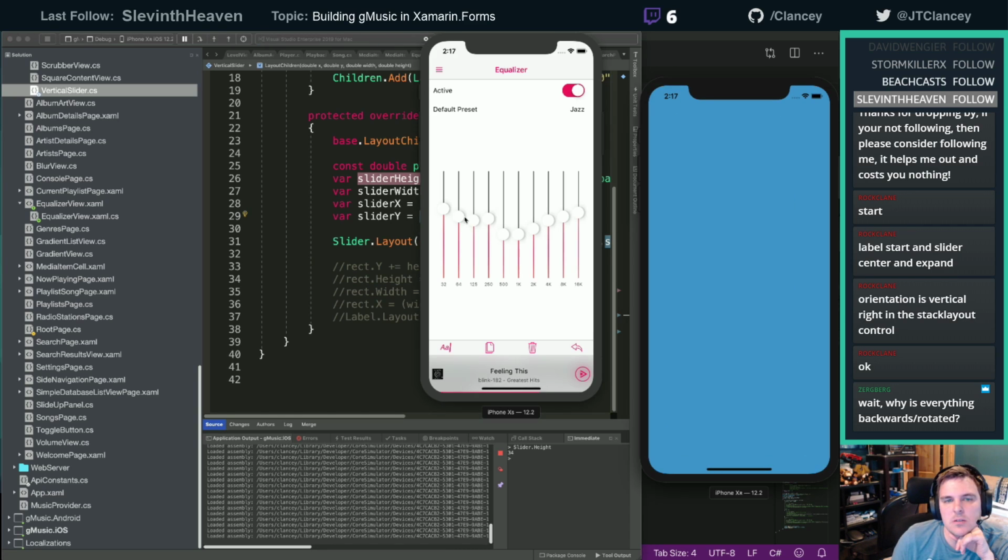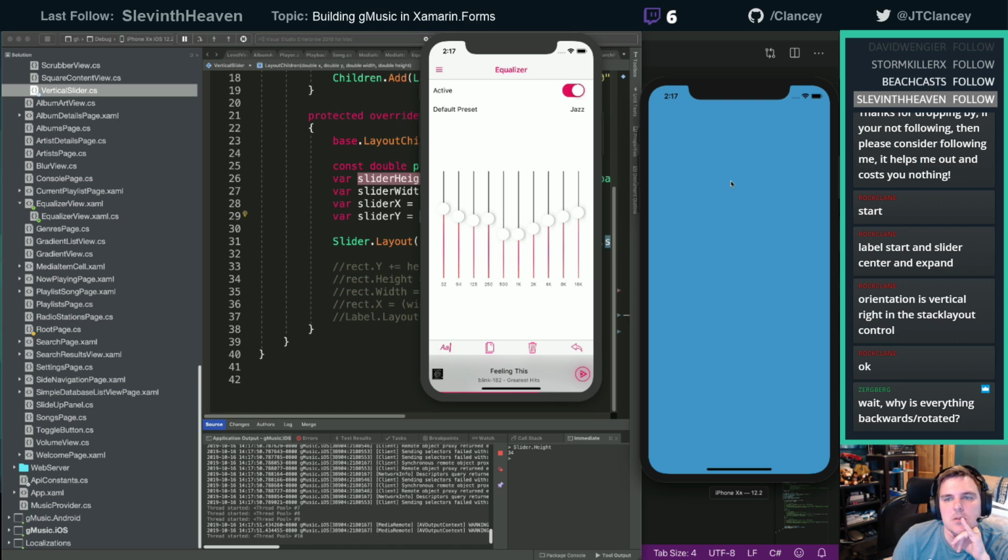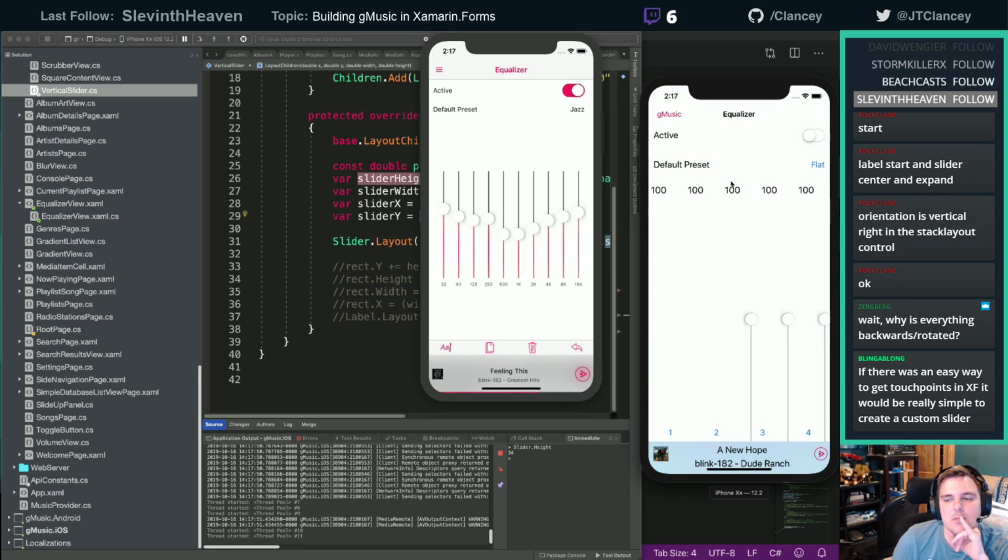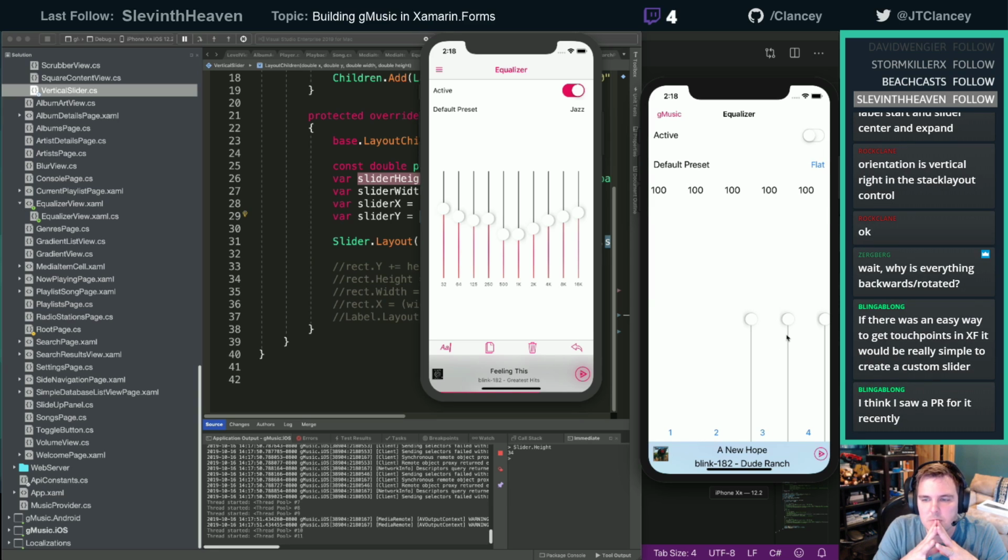Stupid rotation. Yeah, the problem is there's not... Oh, and I don't have touches anyway. Really? I don't know if I can do this in native forms.